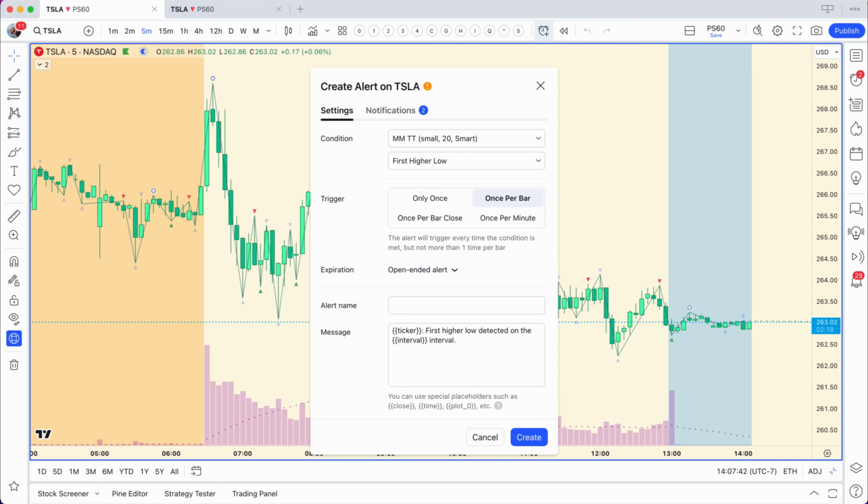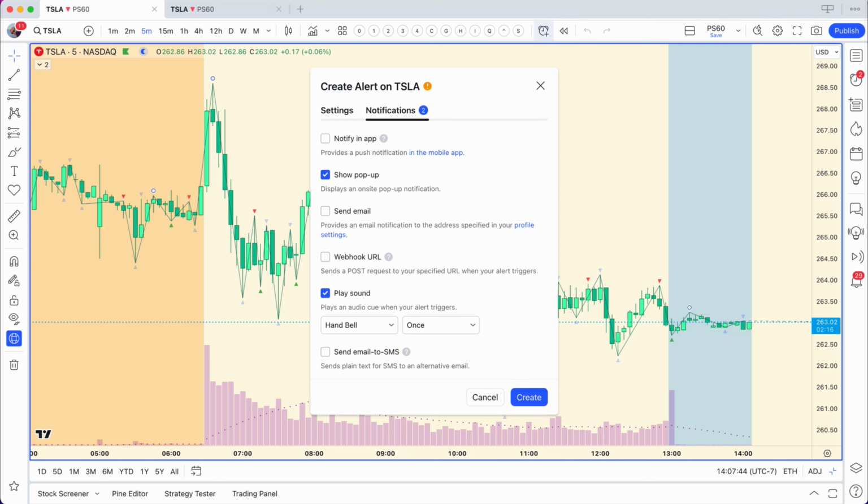Now you'll find yourself going into notifications and deciding how it notifies you. And you can have it showing a pop-up on the site or not. You can have it notifying you through the app. There's all kinds of weird things, but what I end up messing with the most is I will choose certain sounds that mean certain things to me, or if I really want it to wake me up from whatever I'm doing, I'll have it alerting for 30 seconds on daily breaks, things that really get my attention. So they give you a few different configuration options that you might want to make use of when you're configuring this